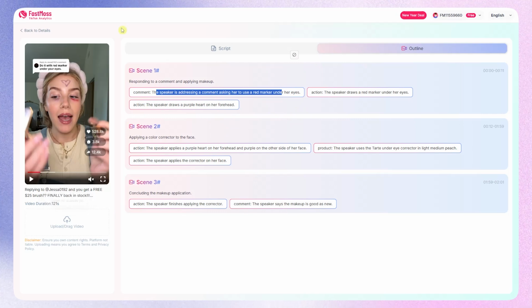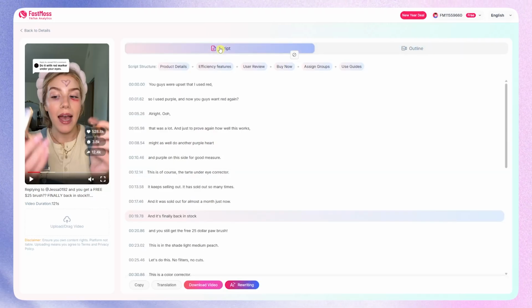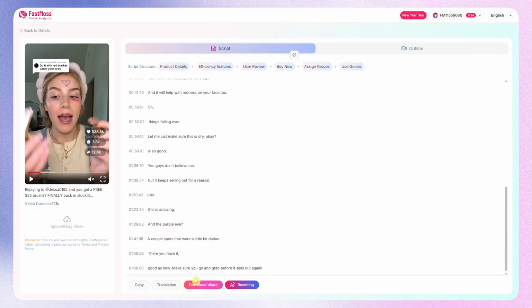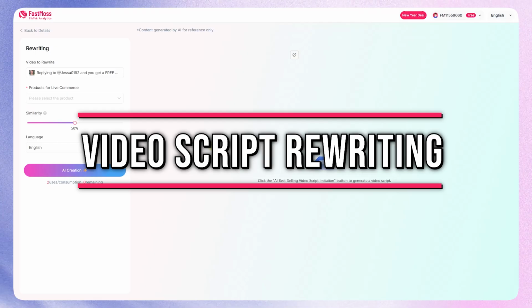And basically for this one, you could use this for reviewing ad or content scripts for clarity, engagement, and persuasiveness. And this would help you identify weak points, overused phrases, or missed hooks, and provides data-driven feedback to improve script effectiveness. And now you can click here on AI rewriting, and from here you can rewrite the script or the